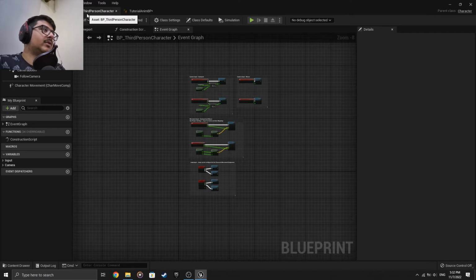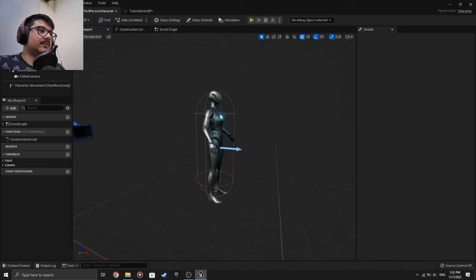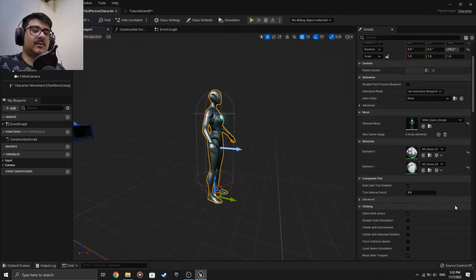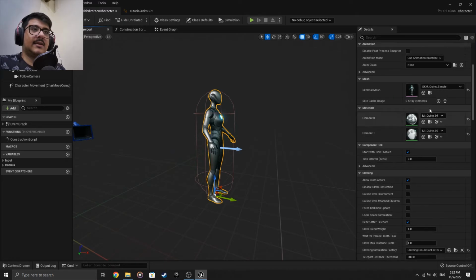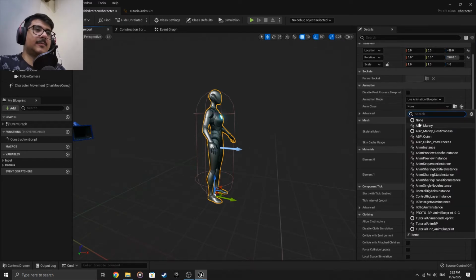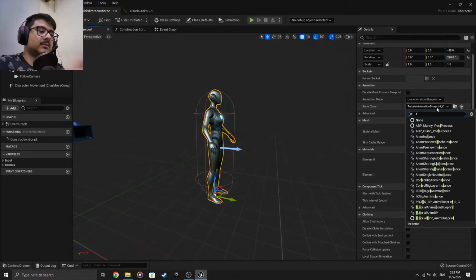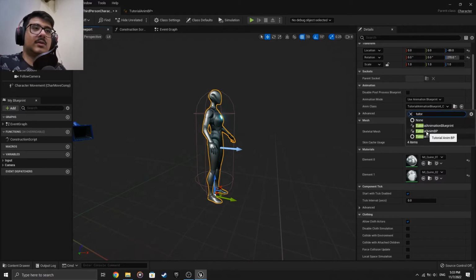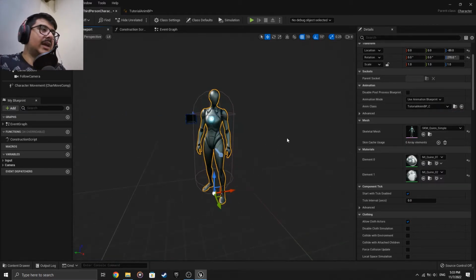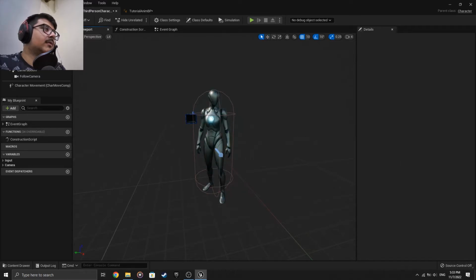So we go to the third person character over here, click on the model and attach the blueprint. What would we call it? Tutorial animation blueprint, not this one. We called it tutorial animation blueprint. So now we have an animation over here. When we compile and save,